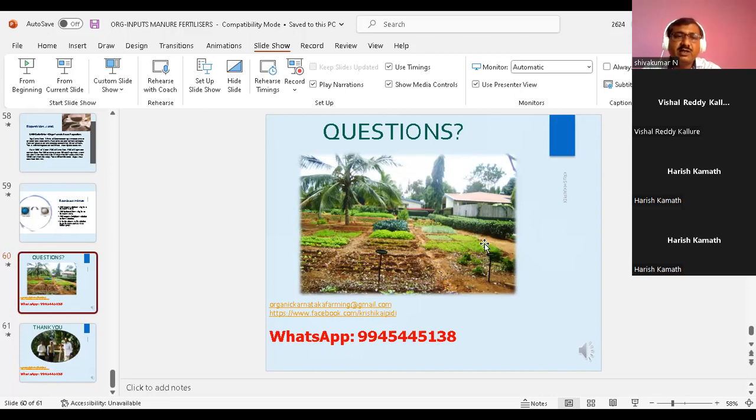Even in banana, they apply it to the bunch also. They fill it in a packet normally and tie it to the bunch. That will increase the bunch size. If you normally get 3 to 5 kg, with Jivamruta they get up to 6 to 7 kg, 8 kg also in Elakki, and also in G9. If the normal weight is around 20 kg, with Jivamrut they get up to 25 kg also. It's a common practice, Jivamrut. You can apply once in 15 days or 30 days, whichever is convenient to you, sir.